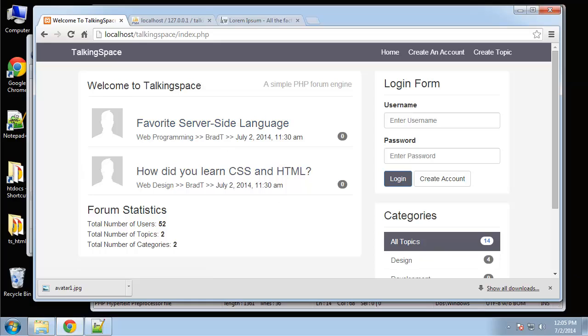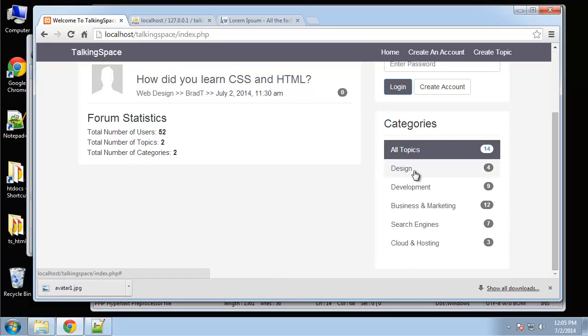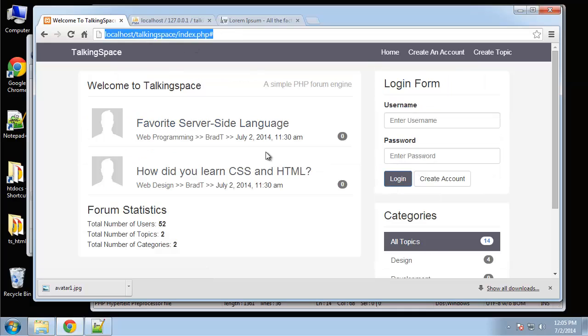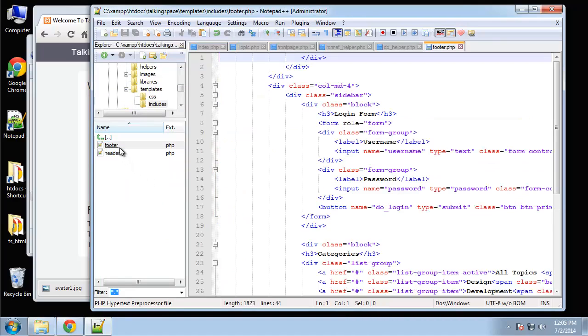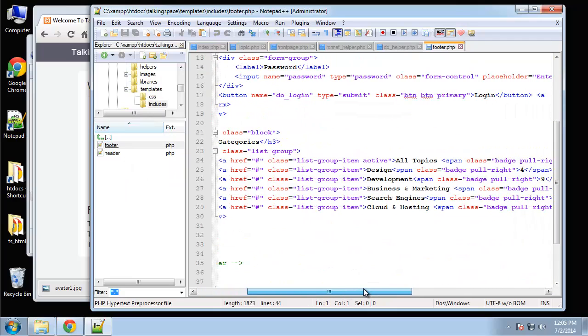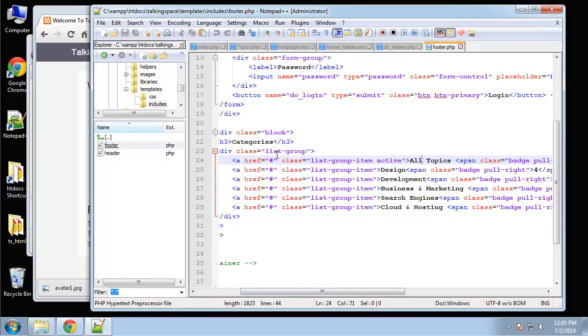I want to continue with the topics. So what we want to do is deal with the topics.php page, so we can filter by category and all that. So I want to change the links to these because right now they're just going to nothing. Alright, so let's go to our footer, where all our sidebar stuff is, I believe. Alright, so these are going to be dynamically generated. We haven't gotten to that yet, but for now I just want to link this to